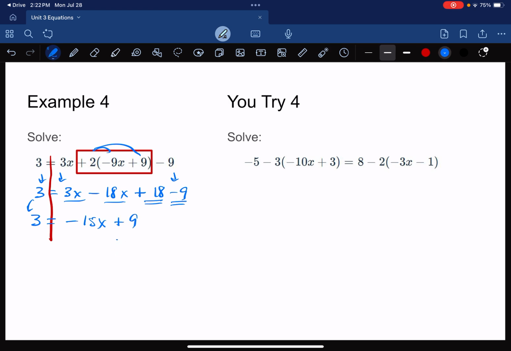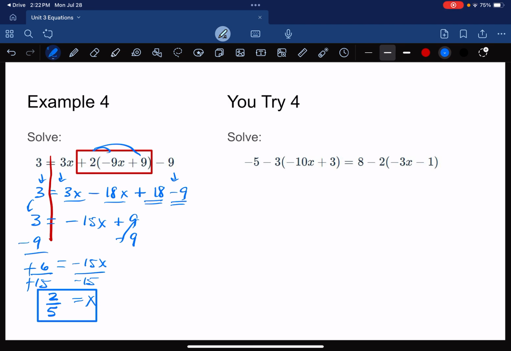Now I can eliminate stuff. I can move the 9 by subtracting 9. 3 good, 9 bad is 6 bad. And then divide to break my multiplication. So the negatives cancel, making a positive, and this, I'm just going to reduce this. What number goes into 6 and 15? I think 3 does. 3 goes into 6 twice, and 3 goes into 15 5 times, and I get 2/5